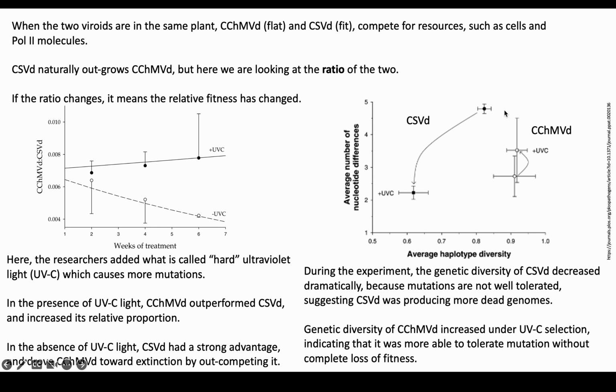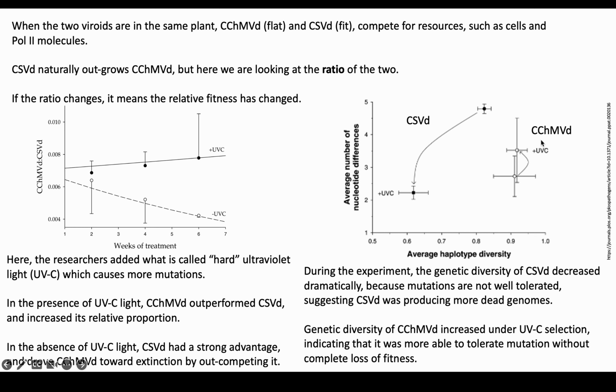And so before UV, CSVd was able to tolerate actually a fairly wide range of mutations. After you put in that ultraviolet, though, bam, it gets crushed down, and there's basically only a very narrow quasi-species that's able to survive. So there was a very limited number of solutions that could still be viable when there was a high amount of ultraviolet there, when mutations were basically forced.